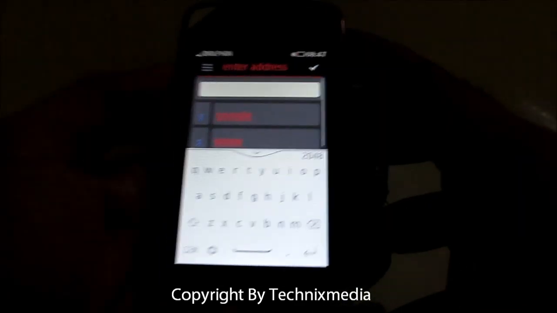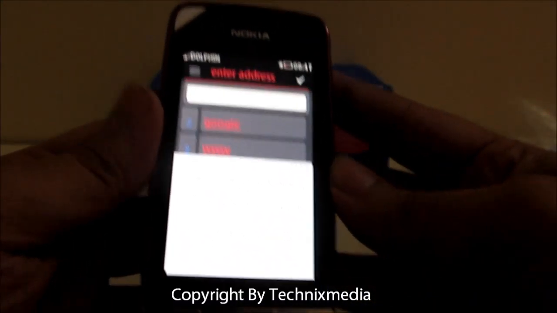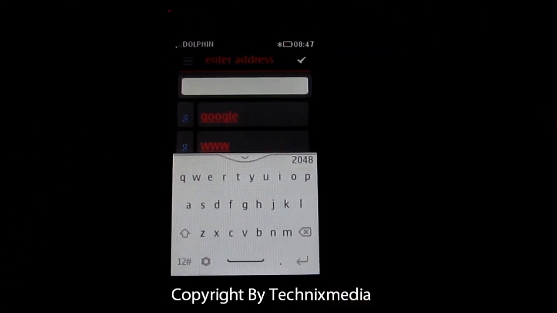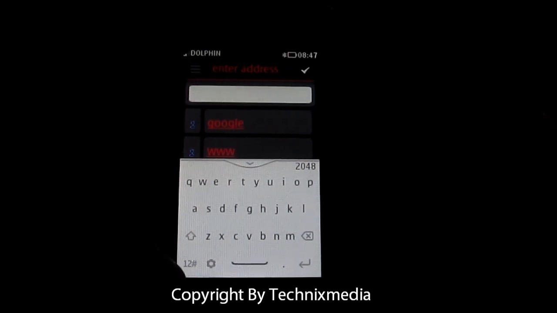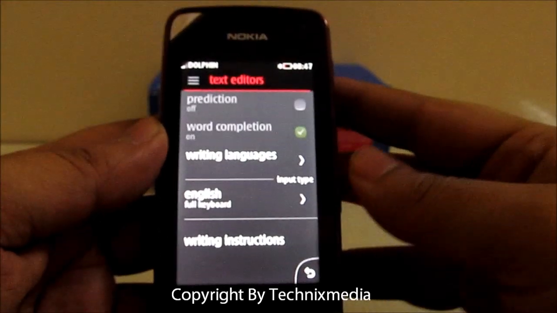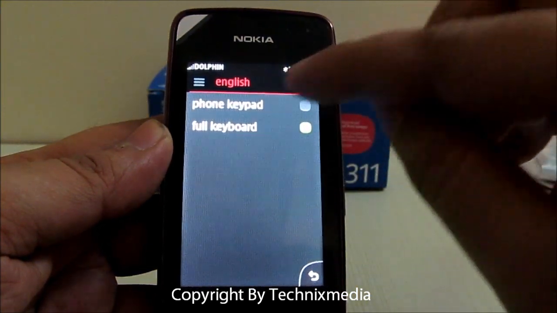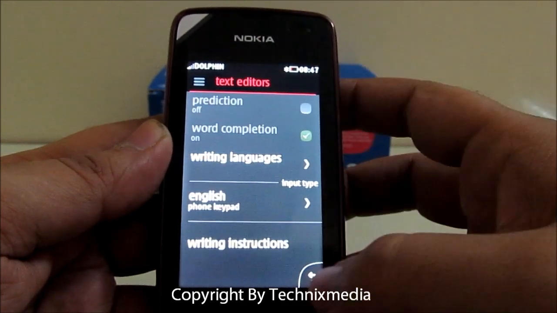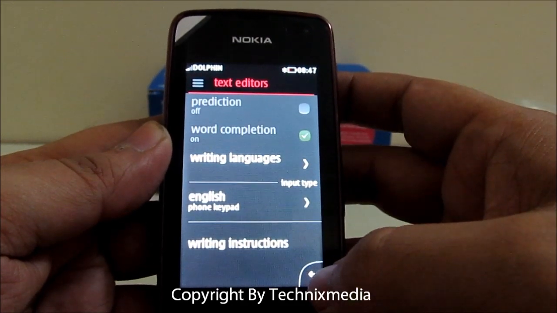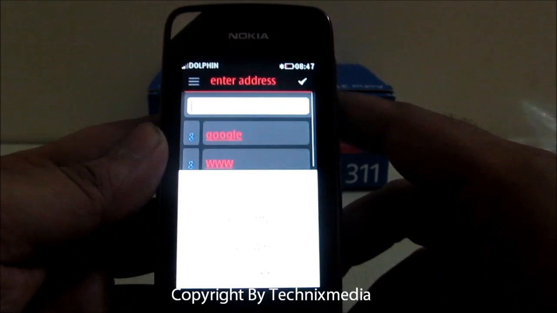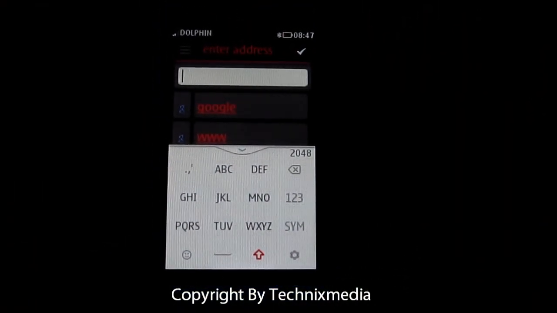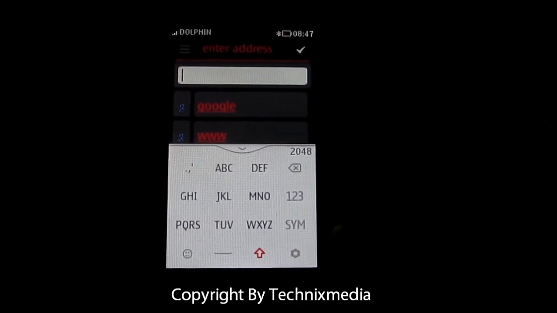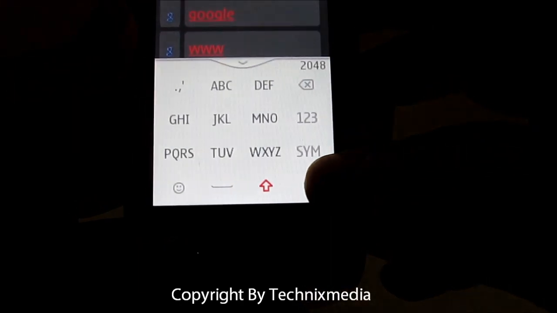Let's try loading a web page. So when it comes to typing, the on-screen keyboard is right now the full QWERTY keyboard. You can change the settings to have a normal number kind of keyboard, which you normally see on other feature phones. So this is how the normal keyboard looks like, and you can convert this into a full QWERTY keyboard by tapping over here,